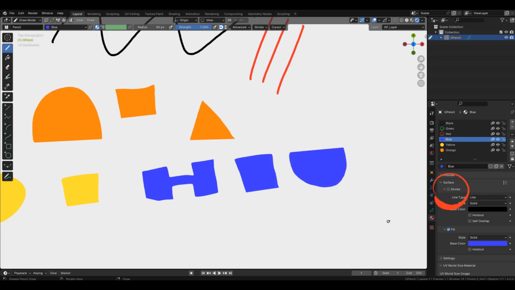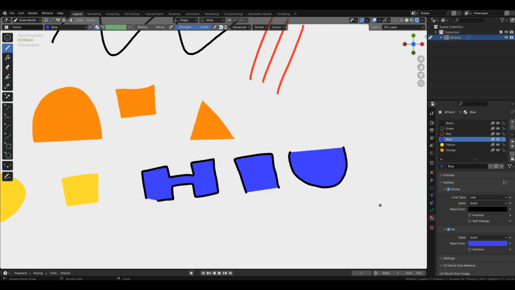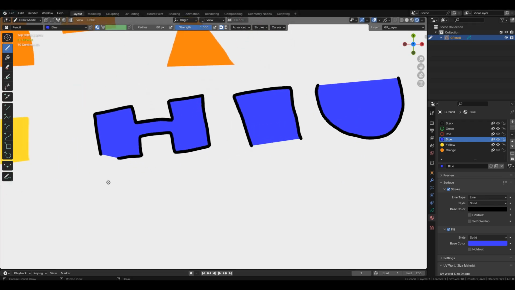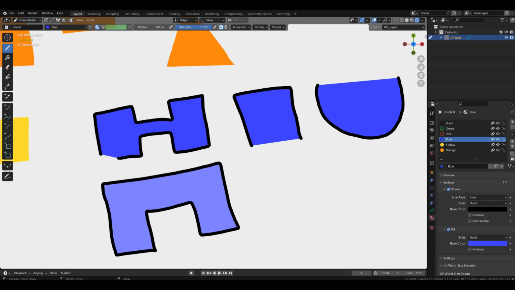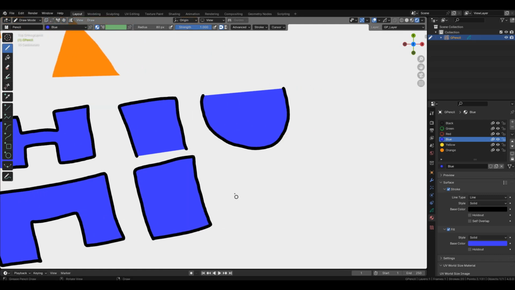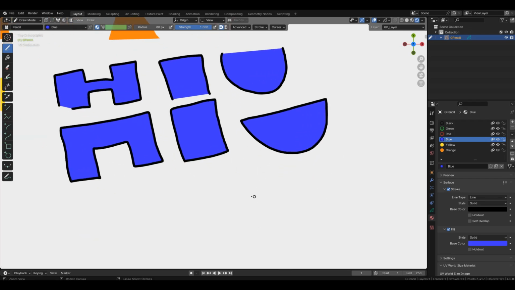Let's enable the stroke checkbox on the blue material. Now we see that the sides of the shape are not fully drawn. Try drawing with a new material that has both fill and outline. You will see that now the contour needs to be closed if you want the outline to be along the entire perimeter.